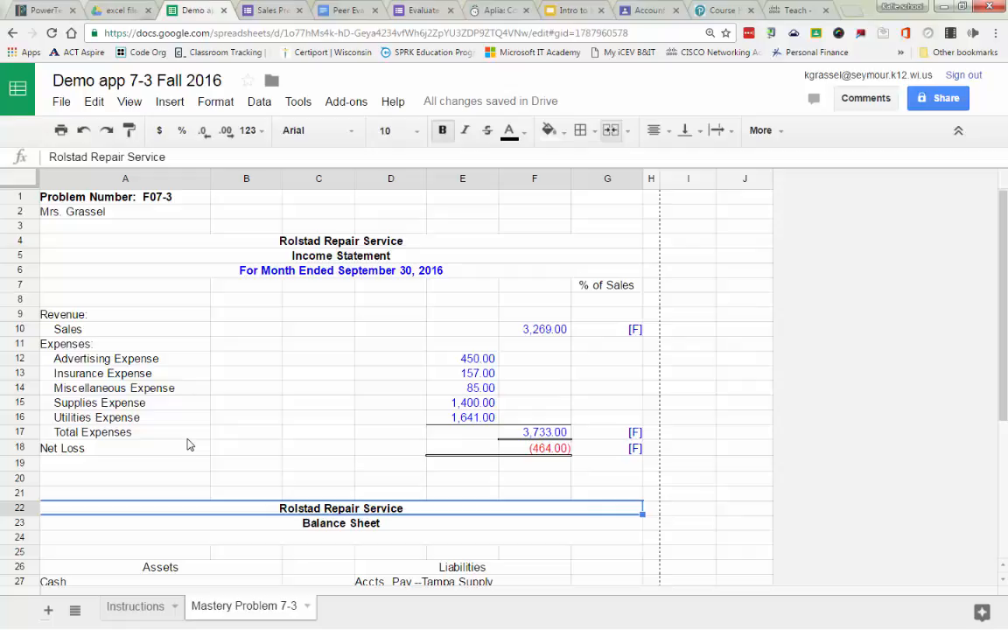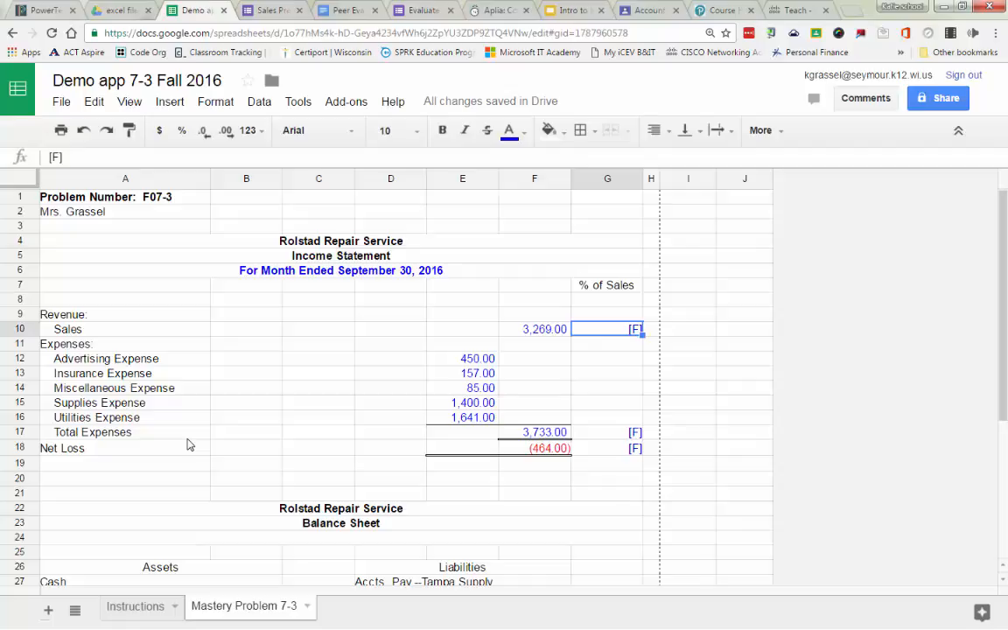The next thing that we have to complete on our income statement is going to be our component percentages. So I'm going to go to cell G10. And in G10, I'm going to go ahead and do equals. Then I'm going to do F10. I can't click on it because it kind of jumps over. So I'm going to type in F10. And then I'm going to do divided by. And that's going to be the slash located right next to your shift key. And that's going to be divided by